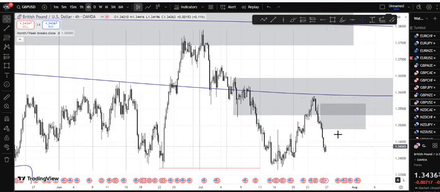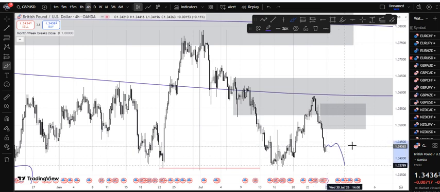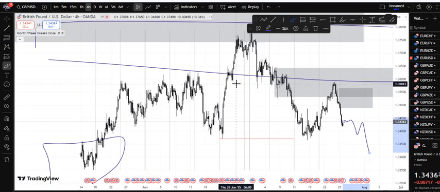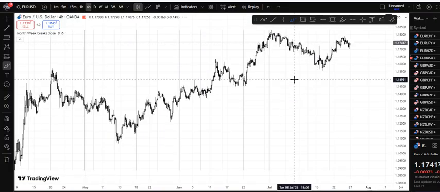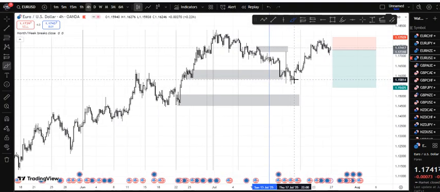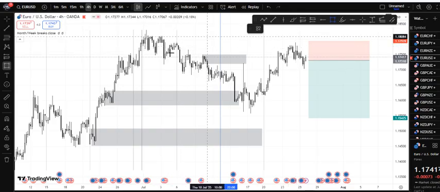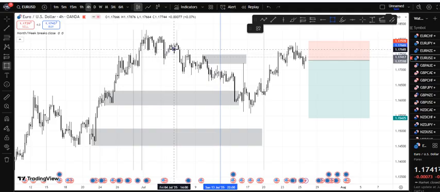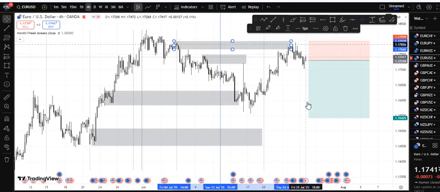What I'm saying is here, which is far, but this should be where I'll expect a pullback into. But should there not be, then we would expect a push first, then pull back, and then continue to the downside. That's what I'm looking out for the GU. For EU, I got into a position on Friday. The reason why is because this supply was mitigated again. Okay, so it was mitigated.